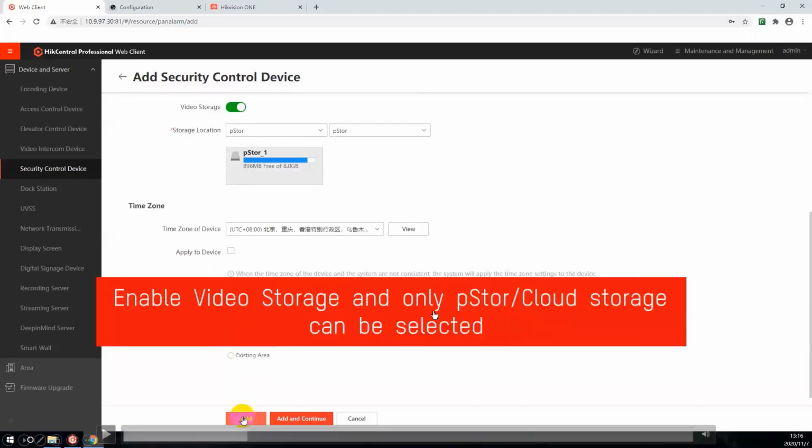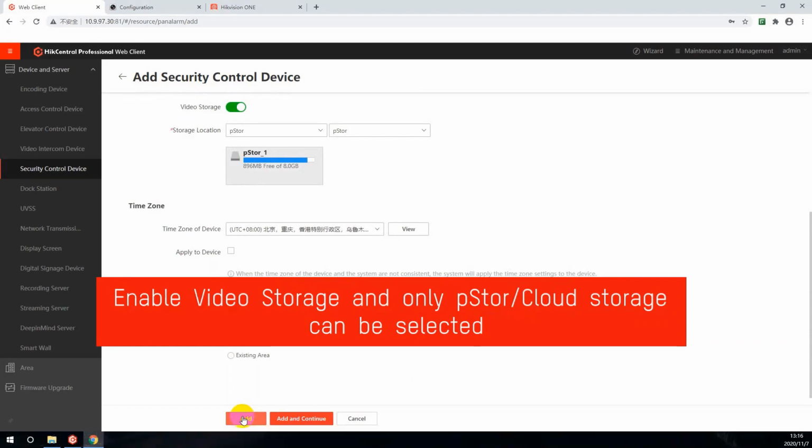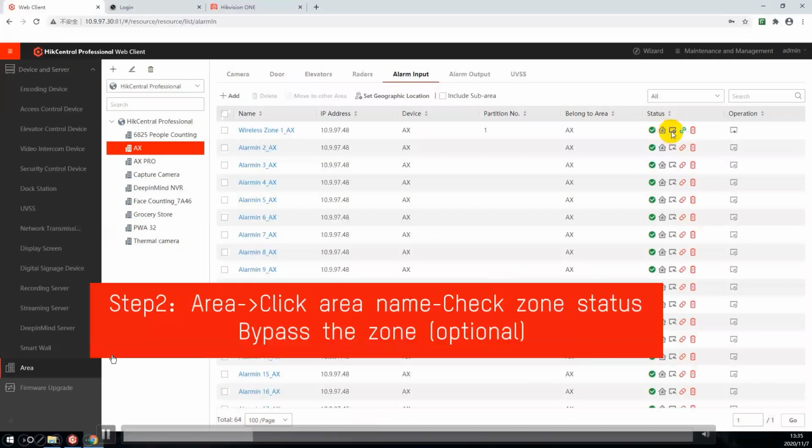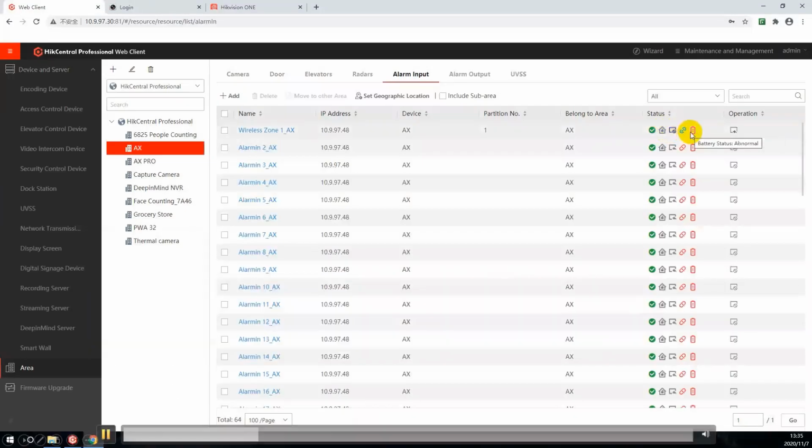Video storage can only happen on either P-Store or cloud. Remember, HIK-Central, the VMS server, cannot store any video itself. Snapshots, pictures, logs, audio files for the speakers, no problem, but larger files like video cannot be stored on the server itself. We need to have something else as a storage device, so either P-Store or cloud storage can be selected. In this case, the video that's going to push through with the alarm detection, we want to store somewhere. Currently we've chosen the P-Store, which is a separate hardware device with a lot of storage in it. And then we can go